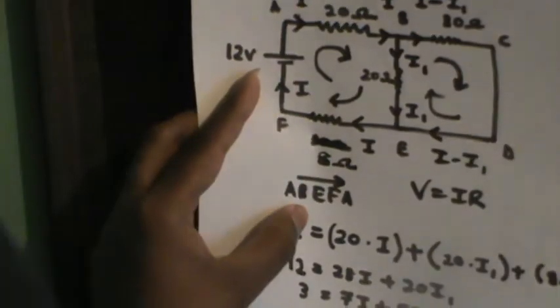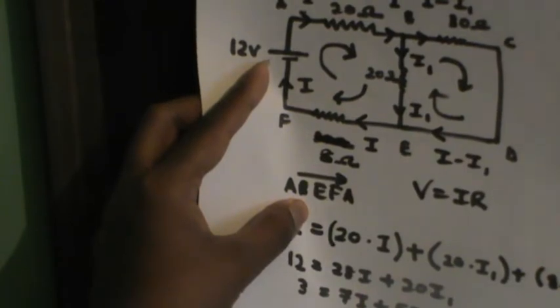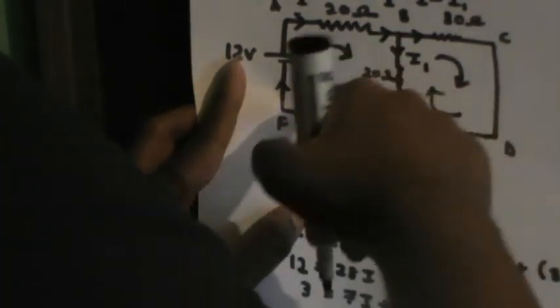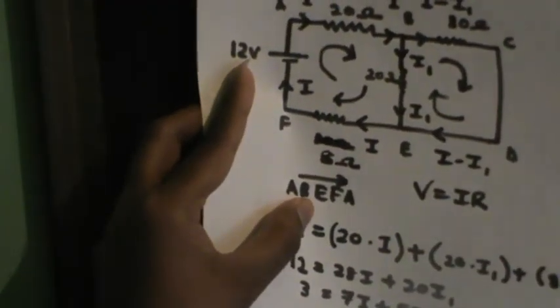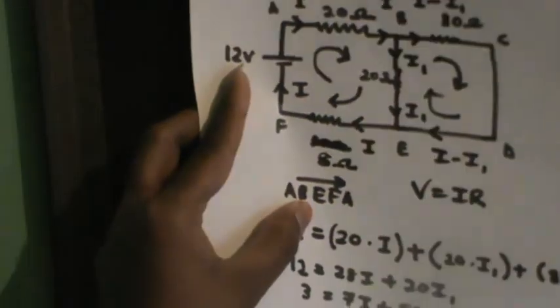So that is one way in which we can find I and I1. Another way to find I and I1 is to take the equivalent resistance of R2 and R3. R2 will be this one and R3 will be this one. You take the equivalent resistance of these two, and then connect it over this circuit and put in Kirchhoff's laws as well. I will not discuss that in this video. So there are two methods to find the solution using Kirchhoff's laws.